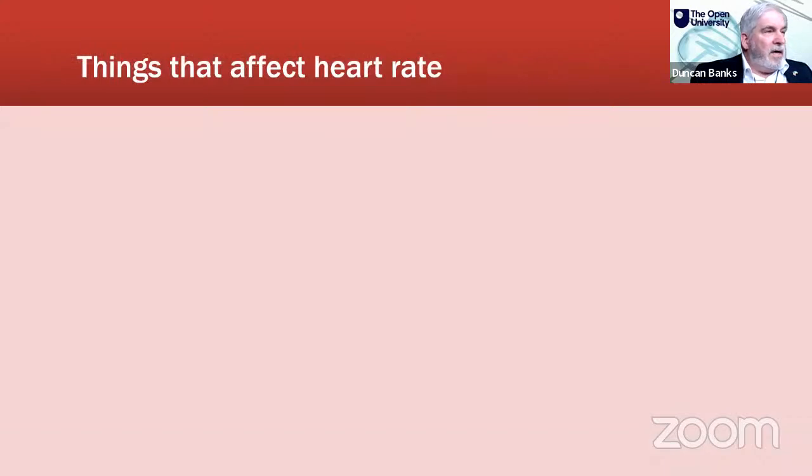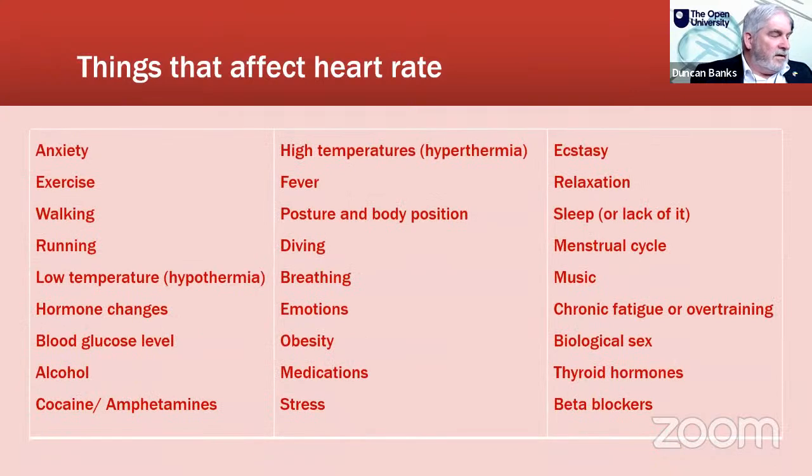So, although you've given me some idea of the types of things that affect heart rate, in this next slide, you'll see quite a lot of them. On the left-hand side, you have anxiety. So if you're anxious or stressed, that very often would lead to an increase in heart rate. Exercise has to increase heart rate because exercising muscle is energy demanding. So amongst all these other things, you have walking and running